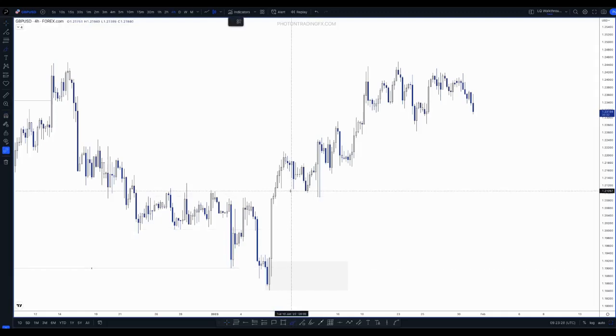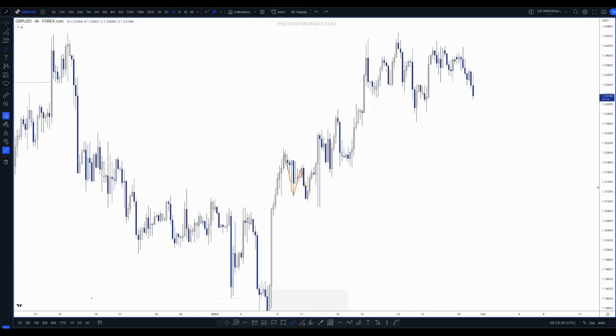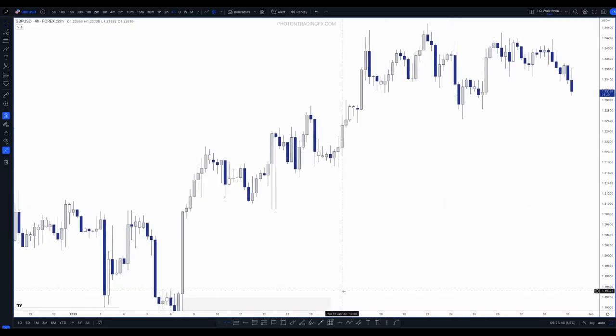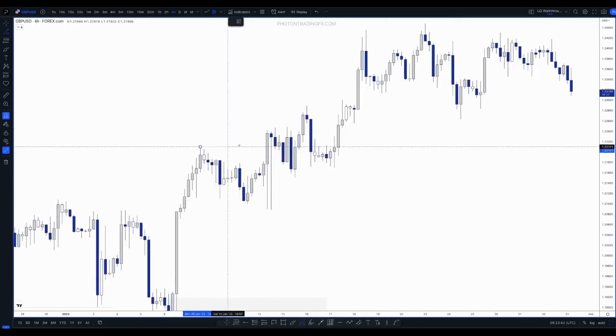What do we have? See how it just keeps happening now. We come in, we come up, grab the liquidity below that low, then we get a break of structure here, and then this one happens quite quickly. It's probably news or something, but you can see as we break this high here,